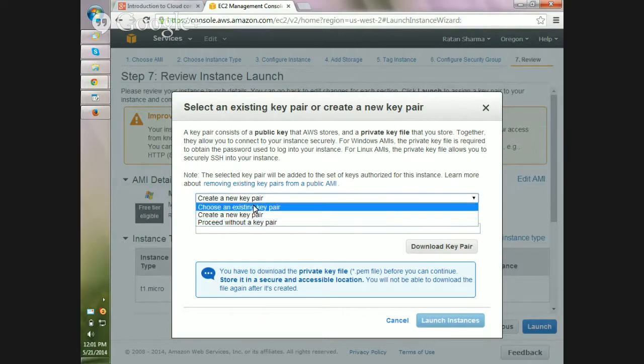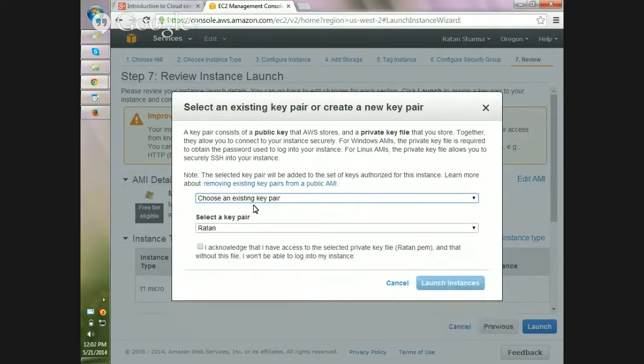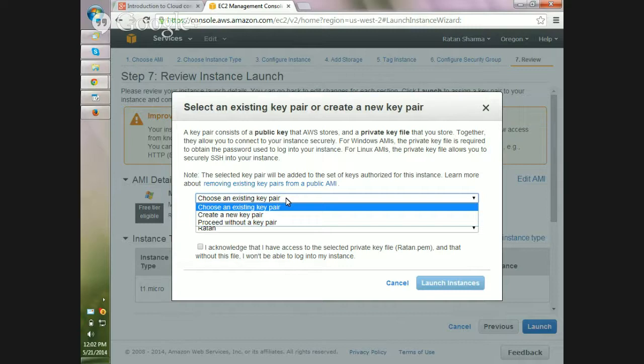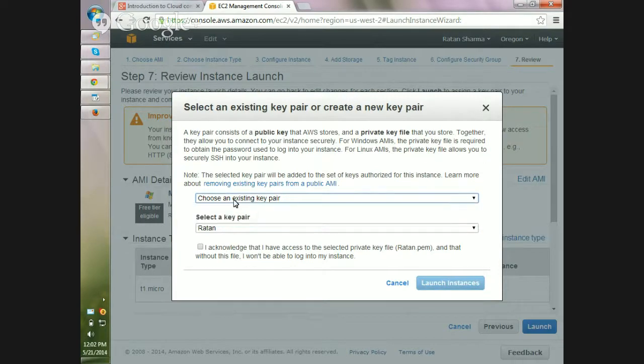This is like a password, the public password and the private password. Amazon keeps a public key for its own use, and when you give your private key, the PEM file that we download right now, it will be decrypted and you will get the password here. This is an important area because it is the only chance you get to connect to your EC2 instance. If you lose it, you won't be able to retrieve it anywhere. So I will choose an existing pair that I have saved with a key pair name.